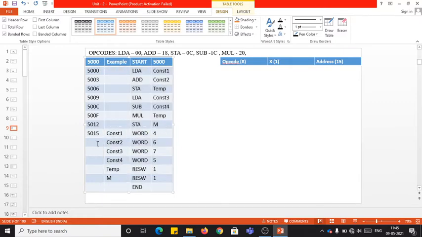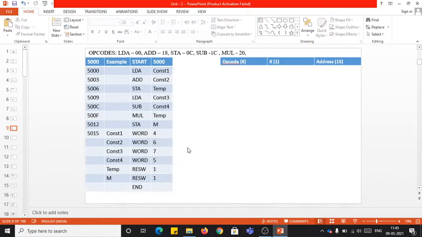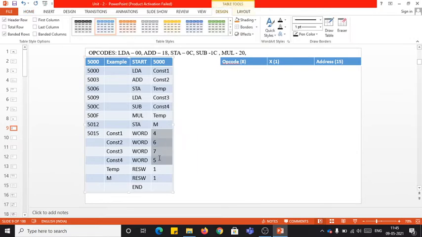My dear students, keep one thing in mind. For these kind of word instructions, I repeat, irrespective of the value, you just need to allocate 3 bytes, because I hope you remember that when we discussed the memory architecture, we said that the size of an integer is a word, and every word is of size 3 bytes. So here these are all the integers, right? 4, 6, 7, 5, whatever we are talking about, these are all the integers. So for which we will be using one word, meaning 3 bytes.